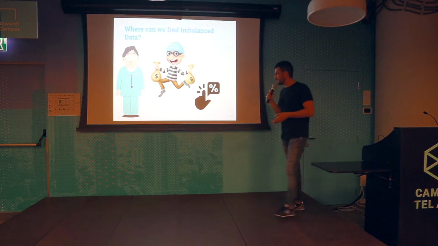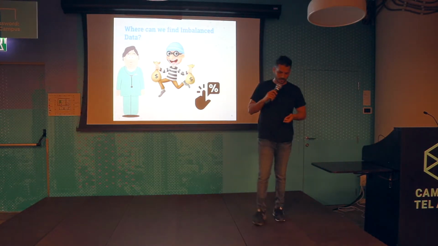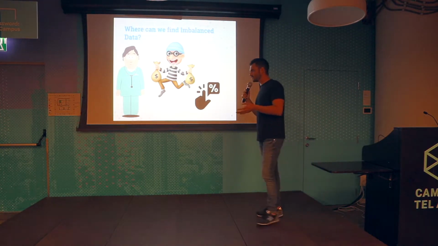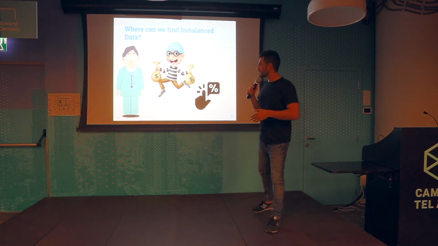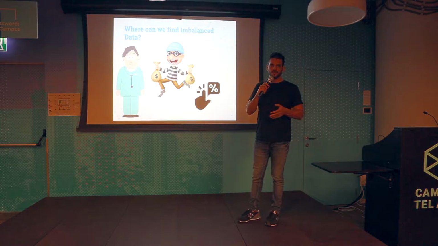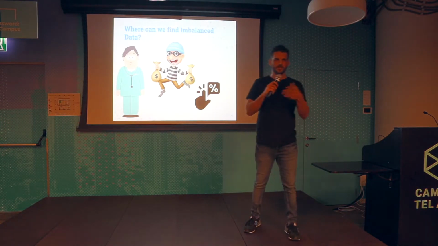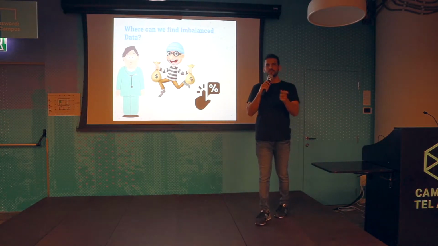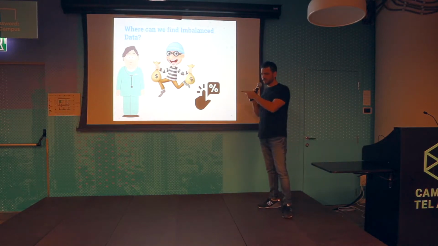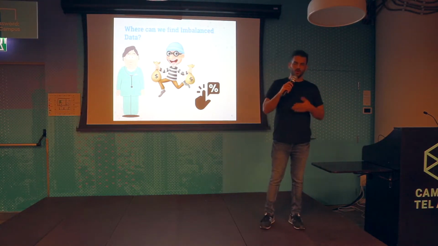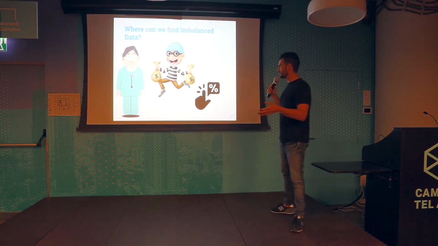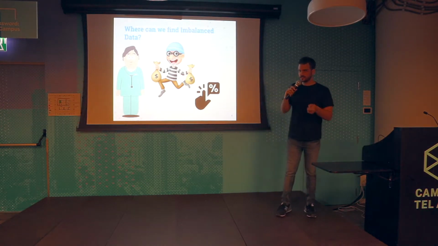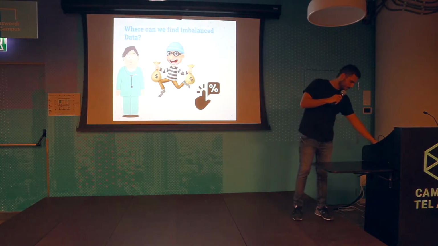So where can we find imbalanced data? We have a doctor from South Park. Basically, we can find it everywhere in medicine, because it's a fair assumption to say most people are healthy. The data sets they deal with there try to classify types of cancer from images and stuff like that, and the positive examples are the minority class. Bank transactions, fraud in general: most cases aren't fraud, most cases are just fine. And we can see it in web ads, in click-through rate, CTR,